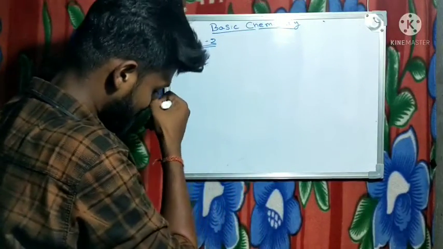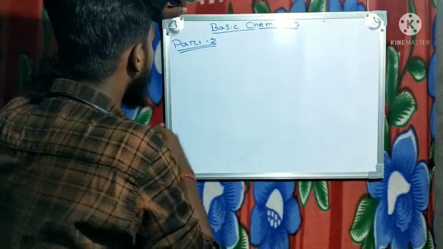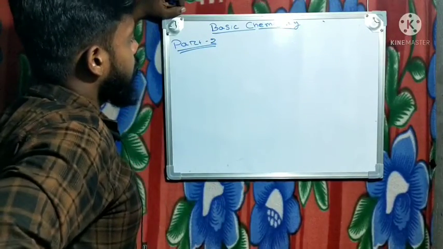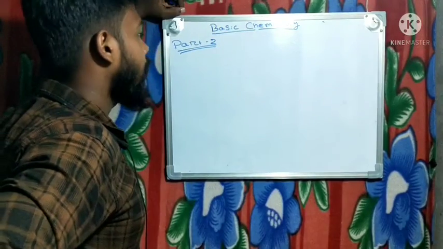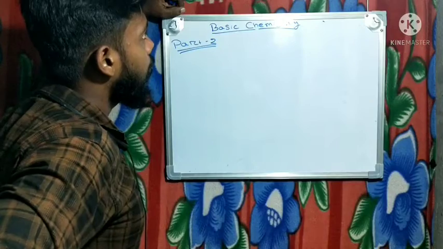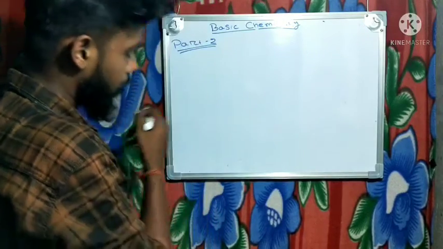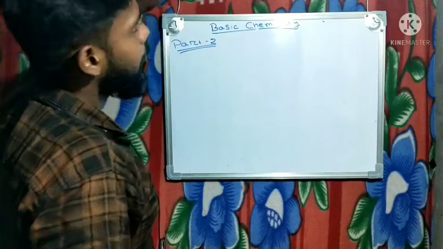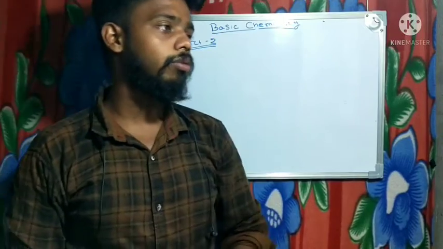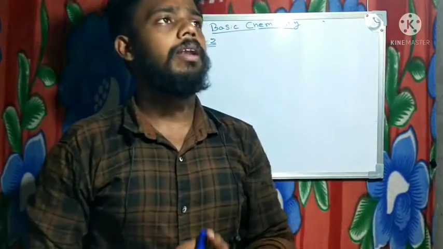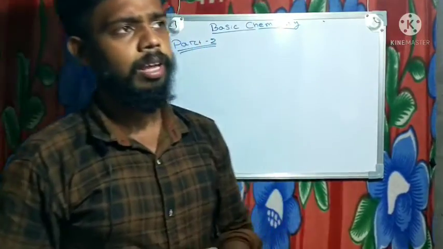Okay, see here what happens. In the previous class we discussed what a molecule is, what a compound is, what an element is, and what an atom is. Okay, now we have to go for the next thing. You all know that chemistry means the formation of bonds, which we can otherwise say is combination. This can be a combination reaction, a displacement reaction, or a reduction reaction. There are several types of reactions.